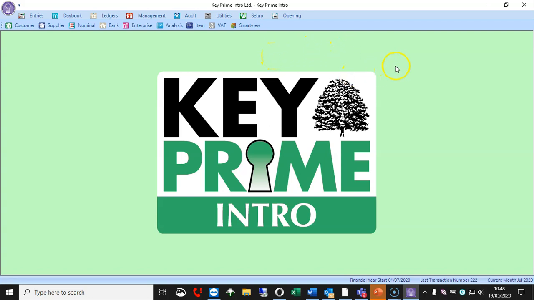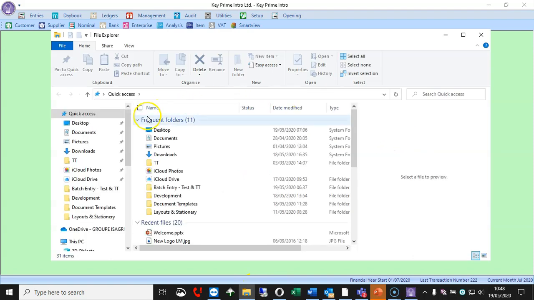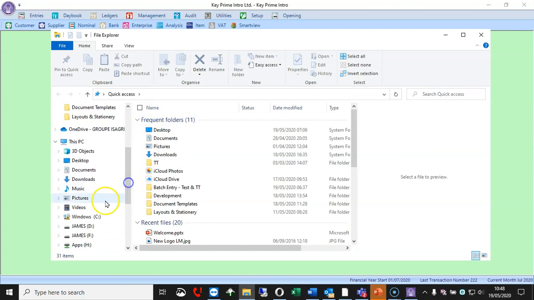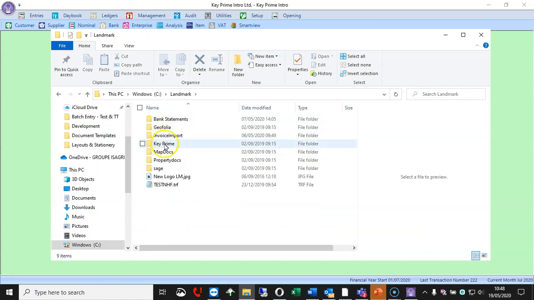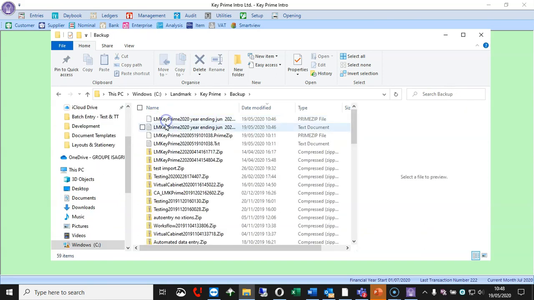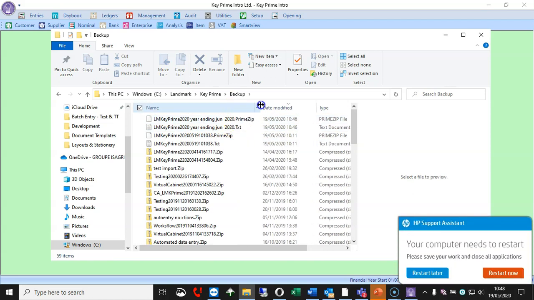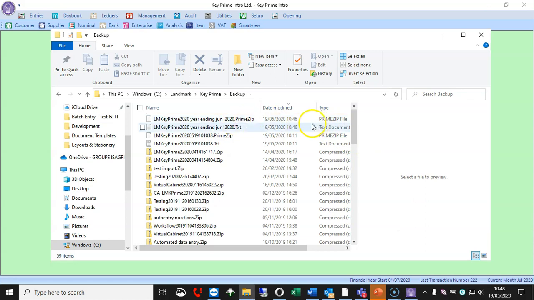The last thing we need to think about is that on my system here, I have now got on my C under landmark and KEYPrime backup, there is the file, that big file, and that is the one that needs to go off to your accountant if they have got it.